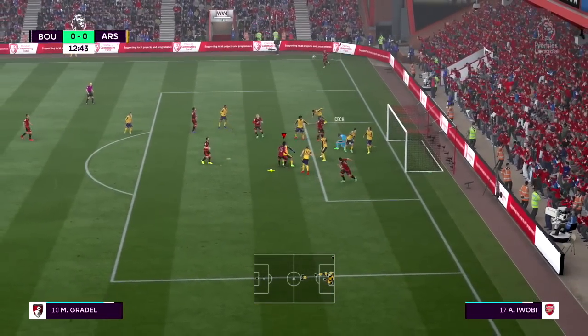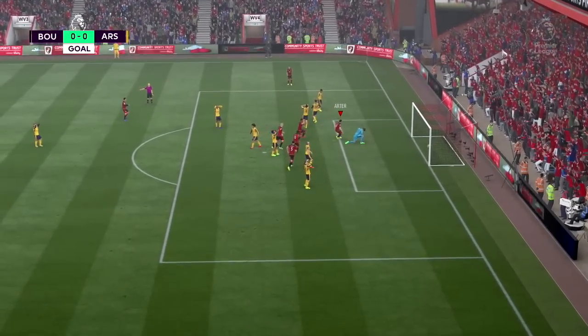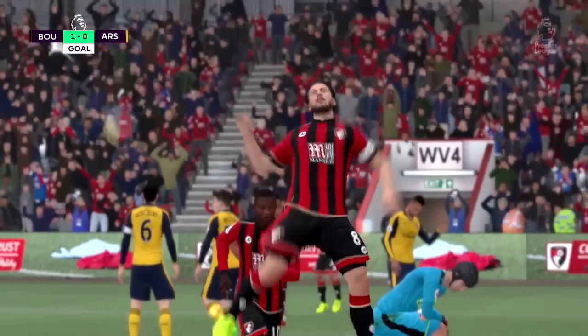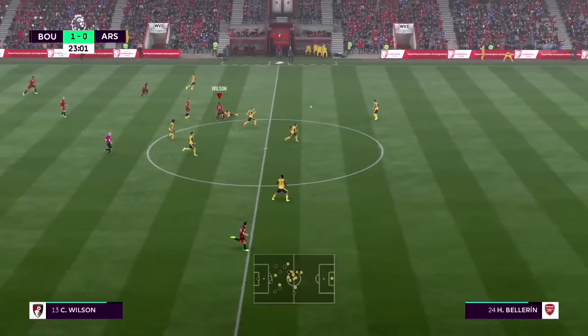We've got a chance now as check. What is he doing? I have no idea. Gradel somehow heads it down into Harry Arter, who just smashes the ball into the back of the net. We make it 1-0 against Arsenal. That was actually a pretty good finish